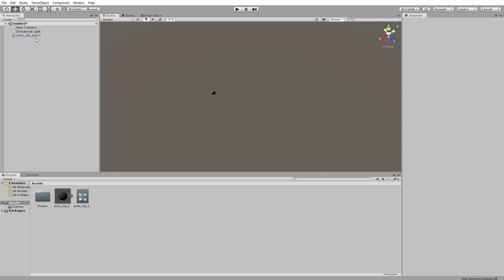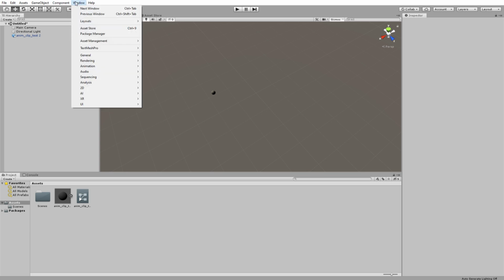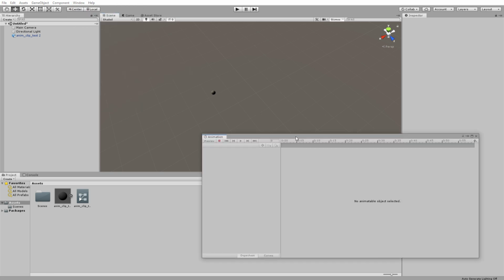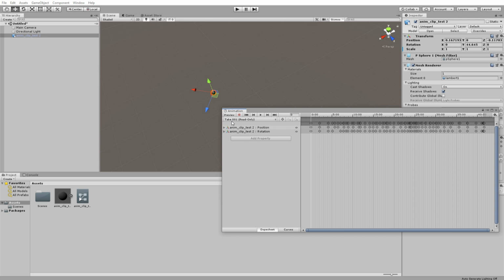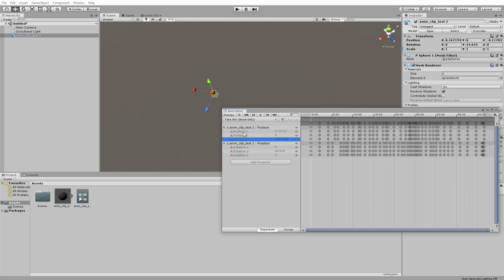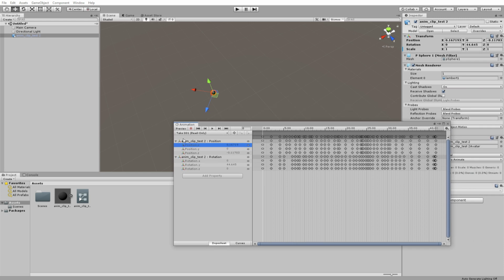I will show you. I just drag and drop here and open the animation timeline. Here you can see it's read only. It means you can't edit anything from here. You can't access these properties. So to make it accessible, you need to convert this FBX clip into a Unity animation clip. Once you've converted it, you can access the properties.